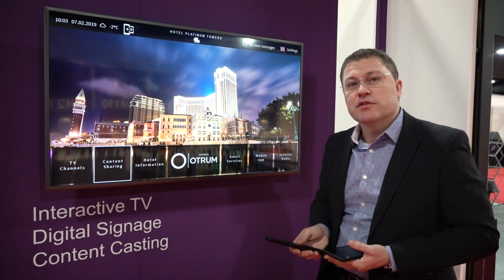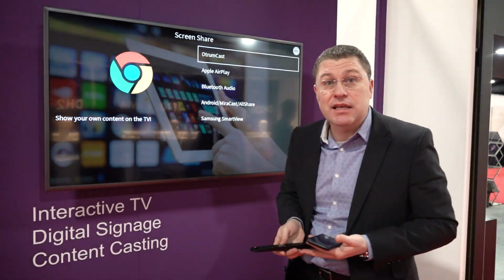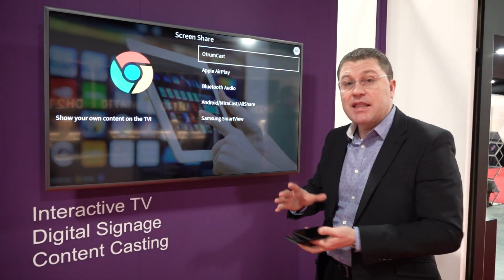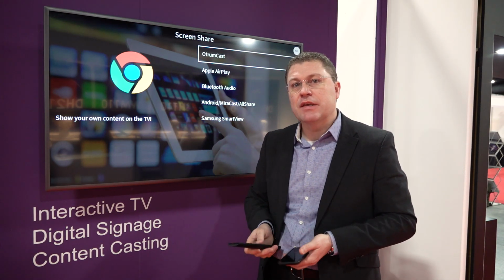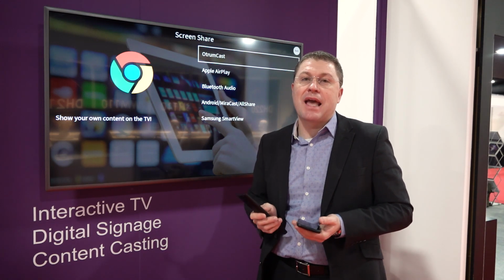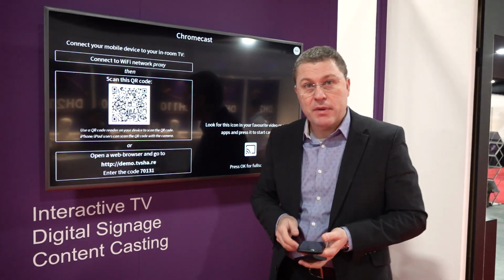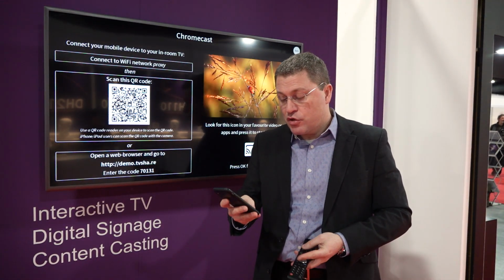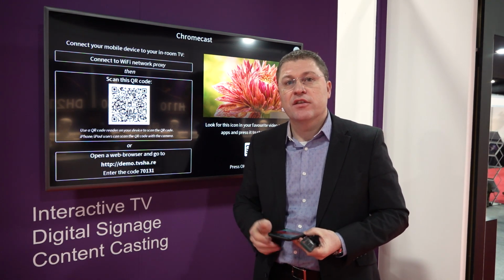What's really important for guests at the moment is to bring their own content to stream onto the TV. And the most popular form today is content casting. So people want to take their Netflix, their HBO, YouTube and cast to the in-room TV. To solve that, we have Otrum Cast. Otrum Cast is based on Google Chromecast, and the solution that Otrum provides allows us to securely authenticate the guest